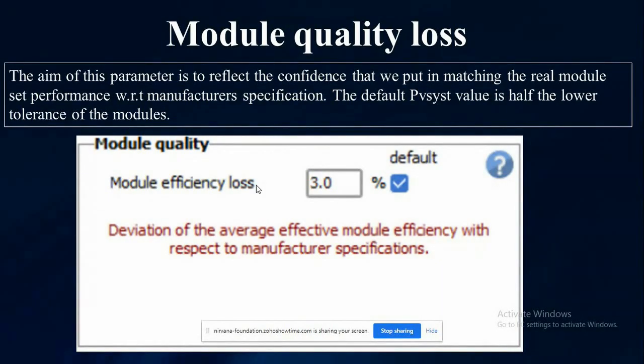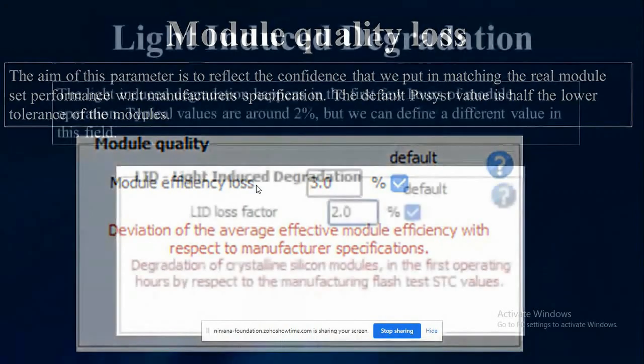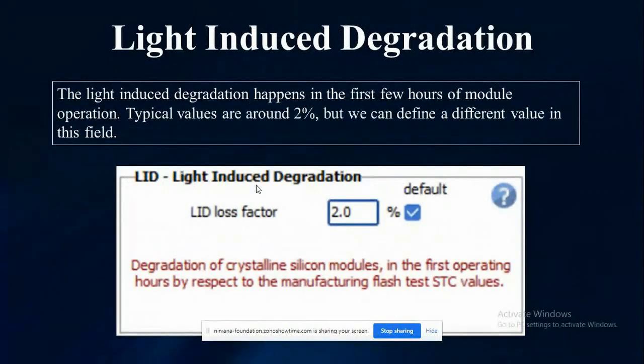It won't be the exact output that they specify in the spec sheet. So to match it, we include this. Usually module quality loss is included. A default value is also available, or we can give our own calculated values.